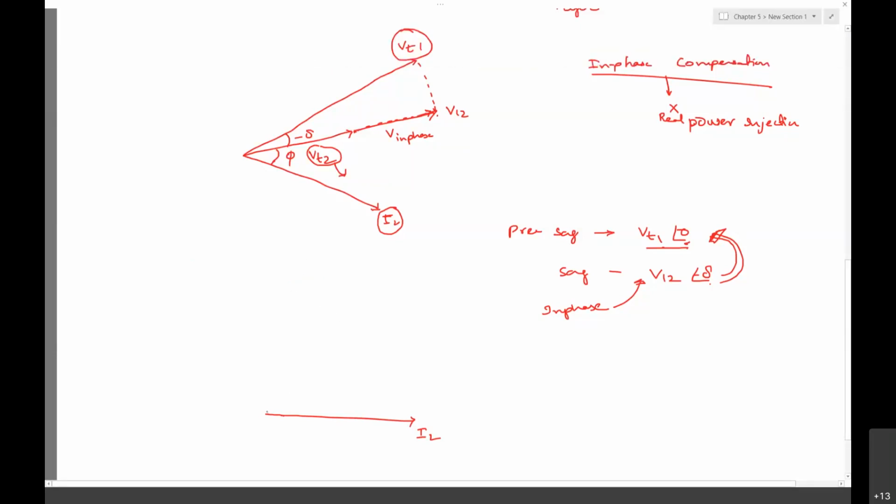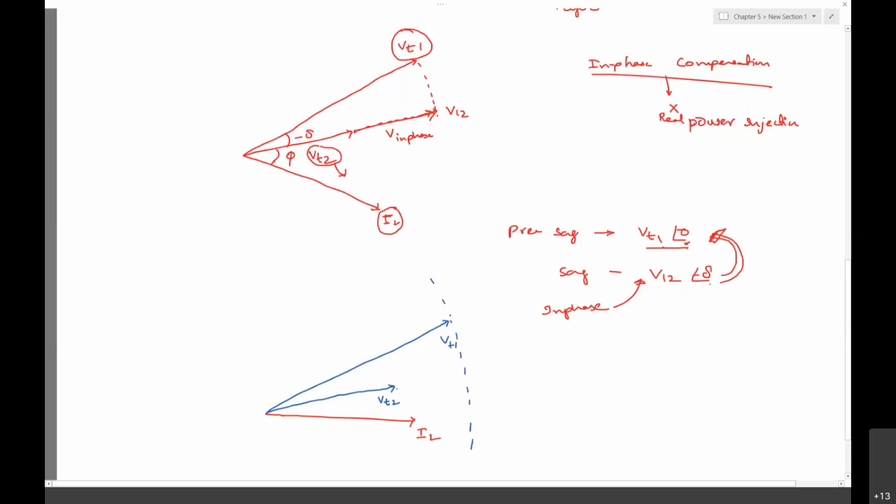Yeah, and they have this particular possibility. Maybe this is the possible one. This is the voltage of VT2. Okay, this is the VT1, which is equivalent to VL also, the load voltage. See this case,